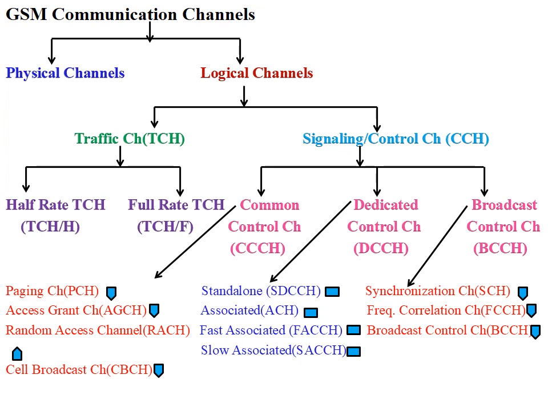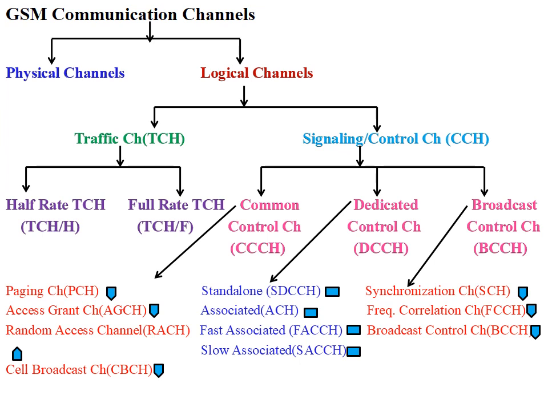These dedicated control channels are again divided into three types. Standalone dedicated control channel: these channels are used only to send the control signals and SMS. It carries the information required for user authentication, service request, and validation of equipment. This information is used to set up a call by assigning the traffic channel.